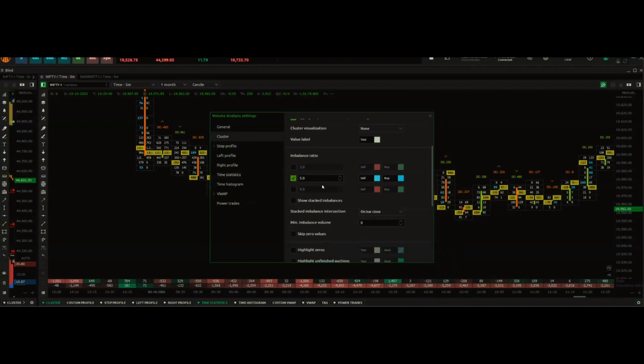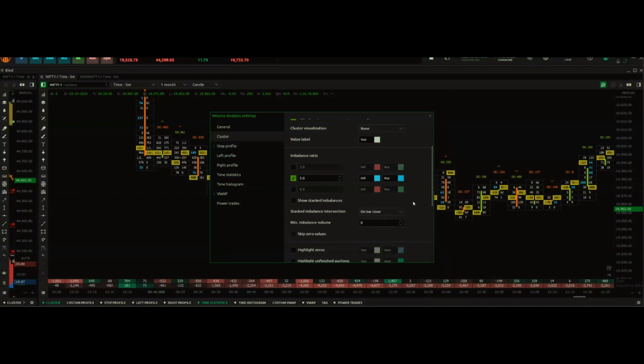So imbalance highlights for me those blocks where the volume on the bid side is greater than the volume on the ask side by a certain percentage, or the volume on the ask side is greater than the volume on the bid side by a certain percentage. Since it's 5 times, for example, you see that the number 62 here is highlighted. 62 is greater than 5 times of 8, so that's the reason why it gets highlighted. It helps me spot market orders or aggressive buying, aggressive selling into the markets in a much easier way.